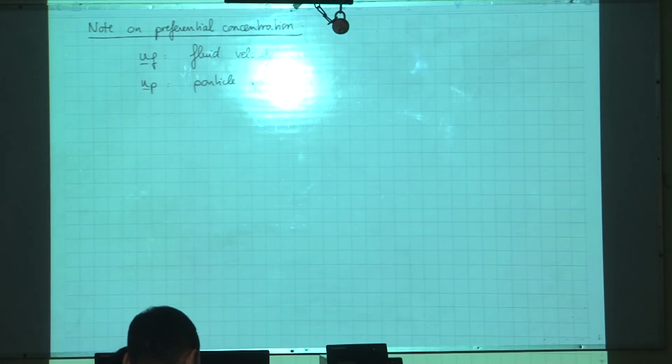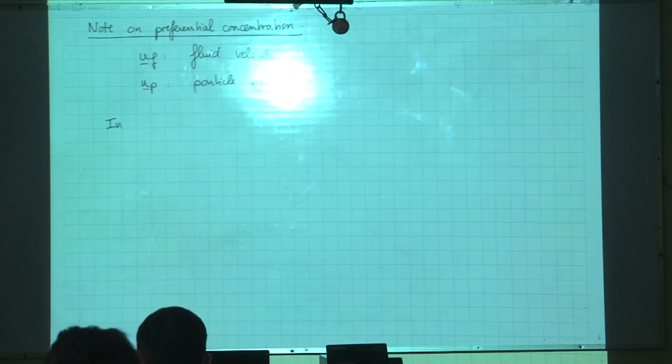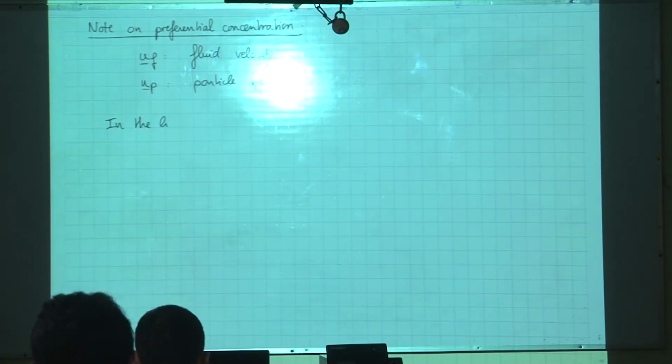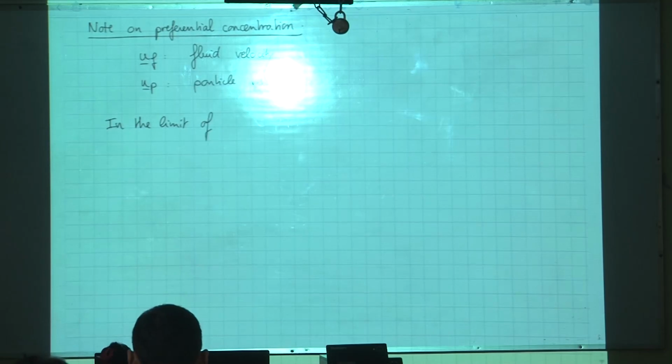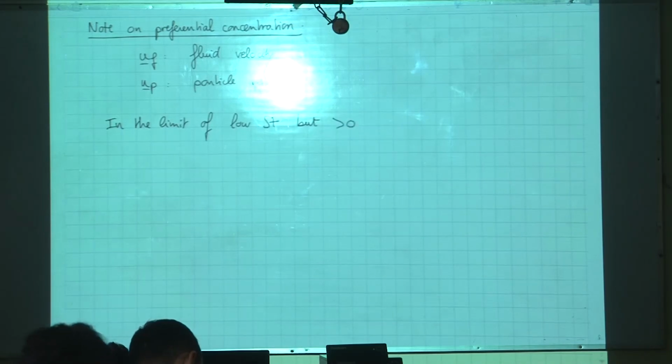I'm not going to go through the details. It's a very simple thing to do. So basically, we're going to say, under the assumption that the Stokes number is low enough, but non-zero, then we would expect the particle velocity to follow fairly closely the fluid velocity. Well, we can do that by simply injecting Navier-Stokes into our Newton's second law and linearizing all this. And the outcome is just this. So in the limit of low Stokes number, so low but larger than 0,